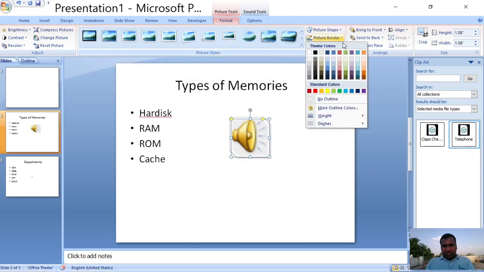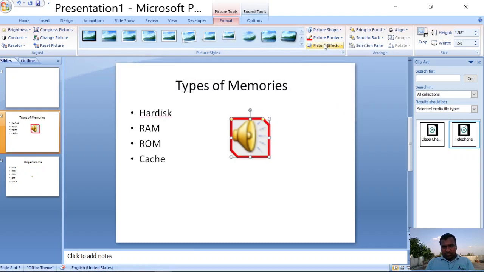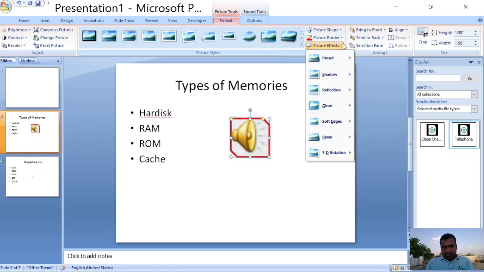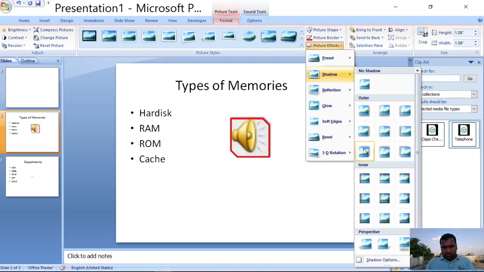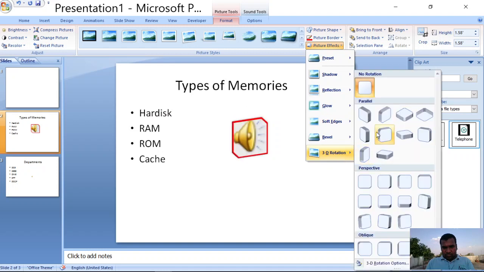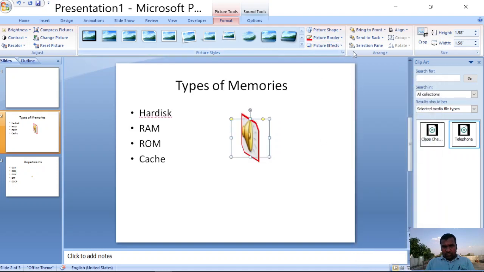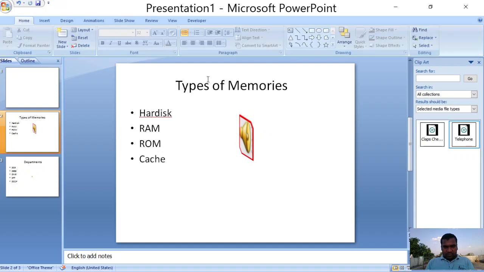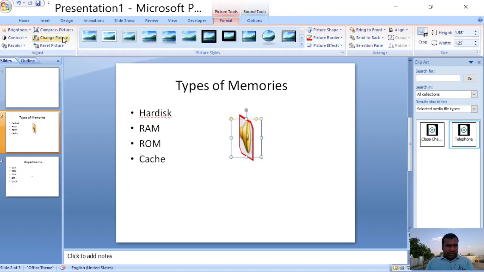Like this you can perform the border operation also, and picture effects I applied. You can also apply the crop operation, change picture, compression, brightness, etcetera. All these options are there, same as image formatting options.